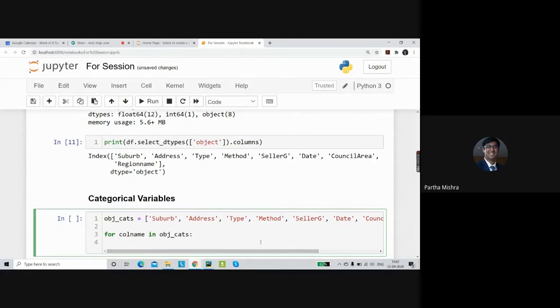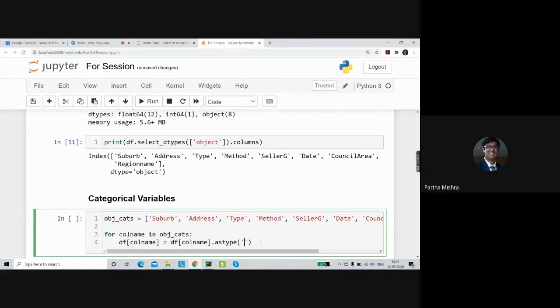So I want to convert all of them. So I'll simply mention df col name is equal to df col name dot. Now, because we have to convert object into categories, we can take the help of astype.